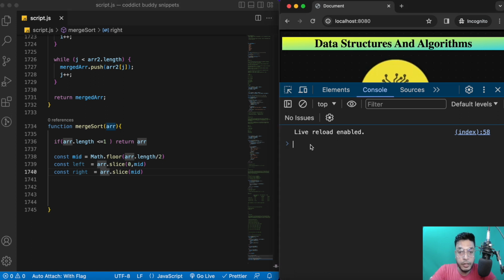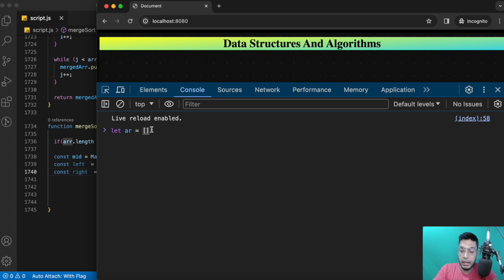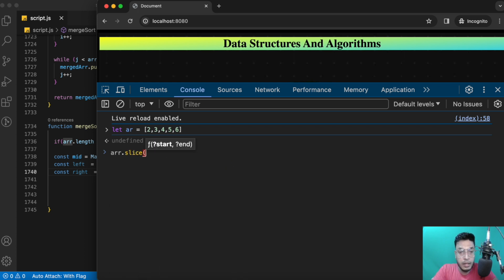Okay, now if I show you here, let's say we have an array of 5 elements. Let me stretch it a little bit so you guys can see clearly. So we have an array of 5 elements, 2, 3, 4, 5, 6. Now I want to get the first half of this array. So for that, array dot slice, and then